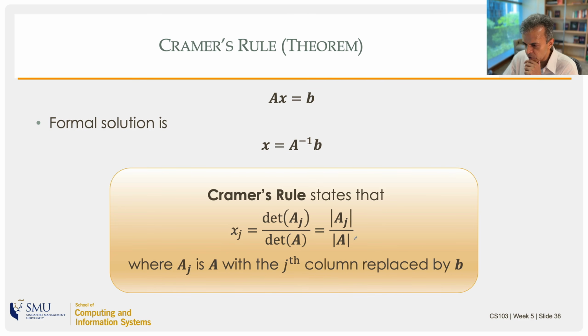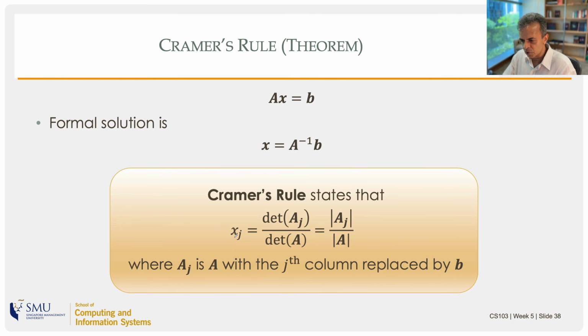And determinant of A we know, but what in the world is this determinant of Aj? Where Aj is the matrix A, but with the jth column replaced by the constants vector B. So you have Ax equal to B here. So you have a vector B of the same number of rows as A. Take the matrix A, replace its jth column by B, find its determinant, and find the determinant of A also for good measure. Then take the ratio Aj determinant by A determinant, and that will give you the jth component